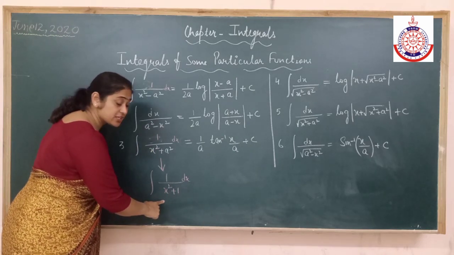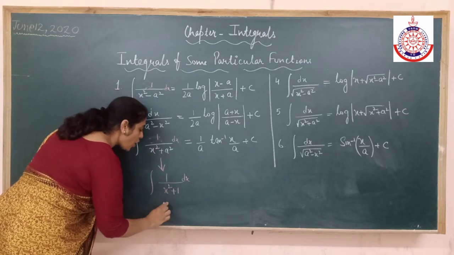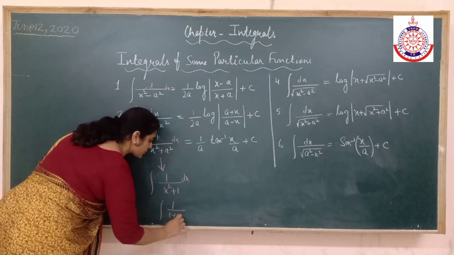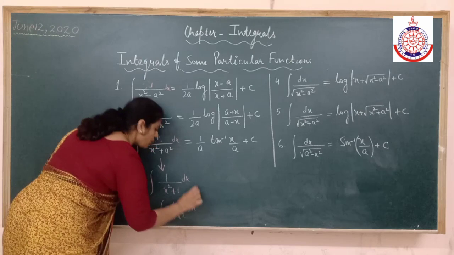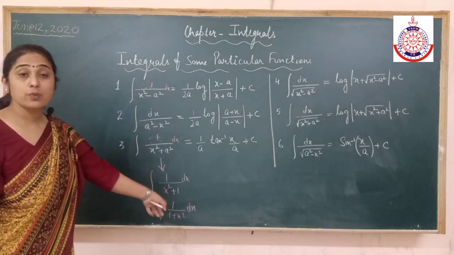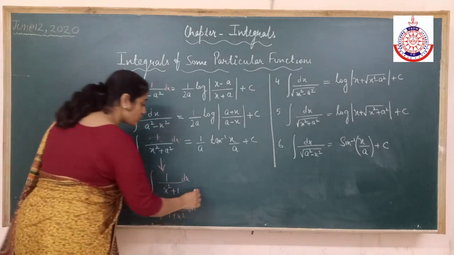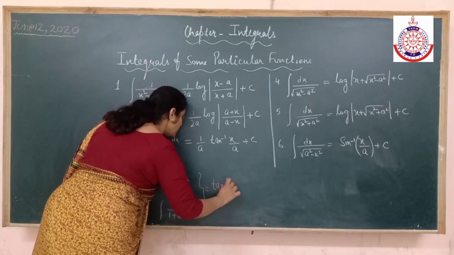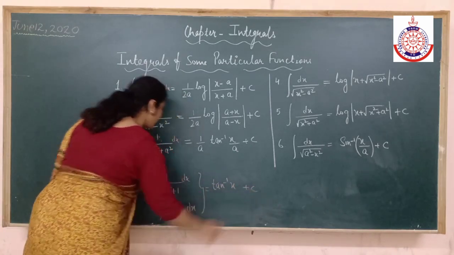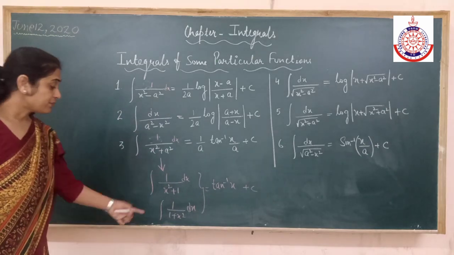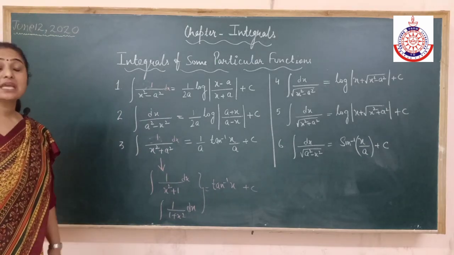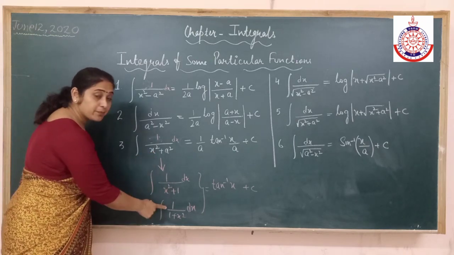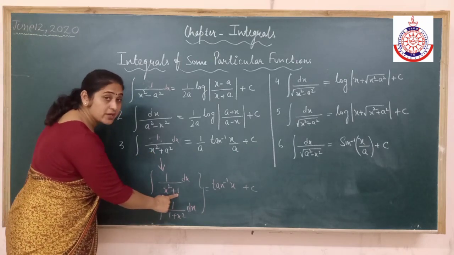It was the differentiation of, you say x squared plus 1, or we write it as 1 plus x squared. Normally you have done it like 1 plus x squared. That's one and the same thing. What was the integration of this? It was tan inverse x plus c. Remember? The integration of 1 upon 1 plus x squared is tan inverse x plus c. It's the same thing. So this was a particular form when the constant is only 1.